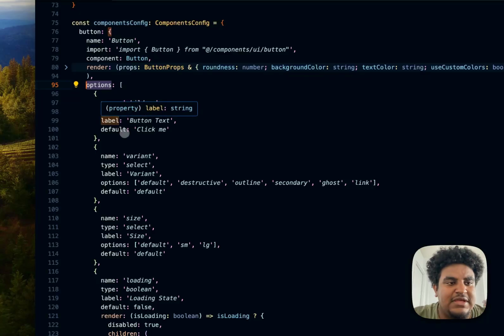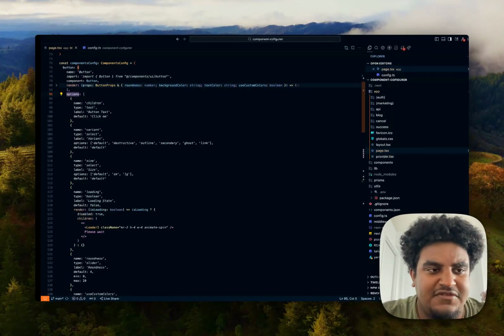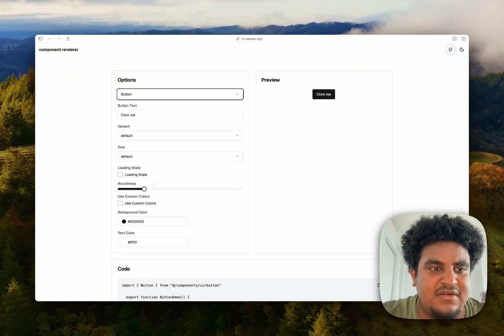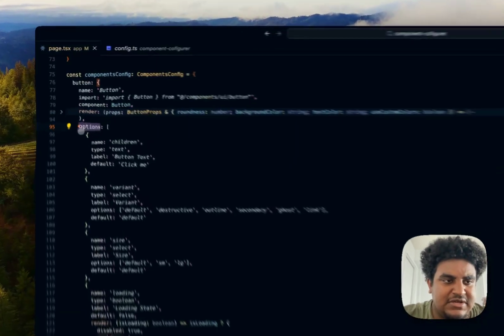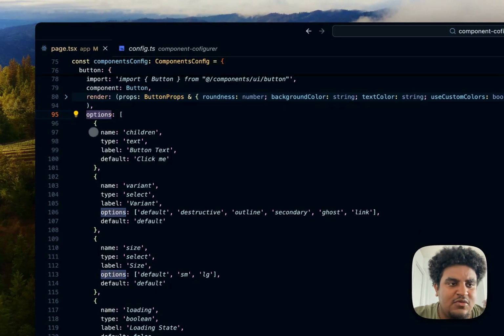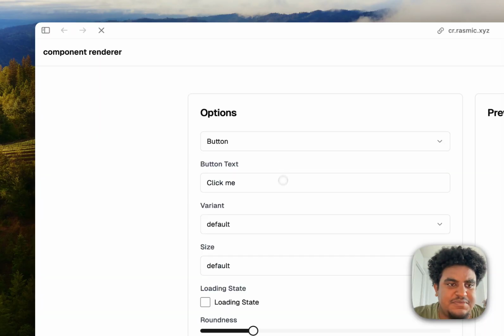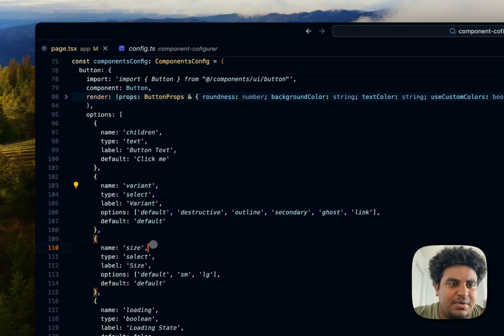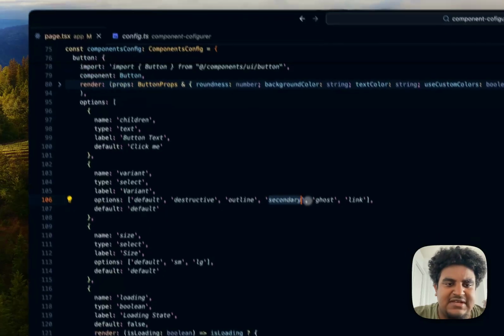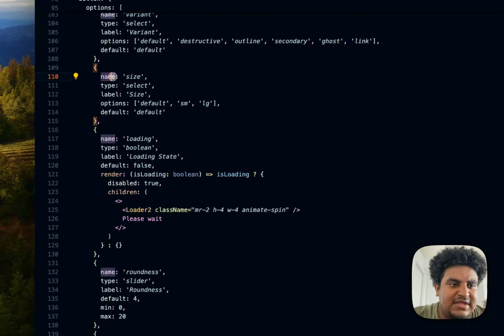Options is what can be toggled and changed on the site. So you see this options section right here? That's what this array is essentially. So in here we have the children option, type text, label button text. The default is click me, which is why if I refresh the page, the default of button text is click me. And then we have variants for buttons, and then the different variants have different options: default, destructive, outline, secondary, ghost, link. You have then size that has default, small, large, and then you have loading, which renders